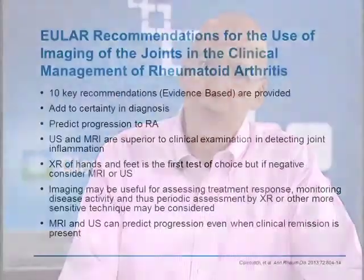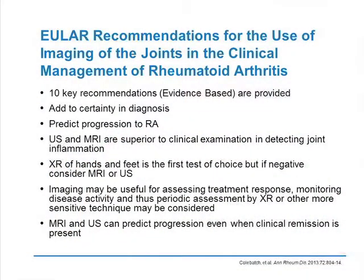And there are a couple of things that are on the table. The first is that there is a very interesting paper, and this was actually discussed in abstract form, the EULAR recommendations for the use of imaging of the joints in clinical management of RA. Now, I recommend everybody read this who's interested in ultrasonography and MR, and I'm not going to spend much time on it other than to say that it's very cautiously written, and it points out a lot of things,